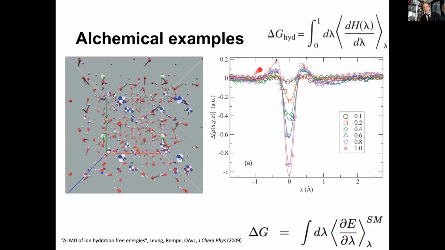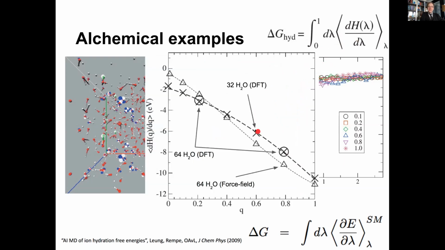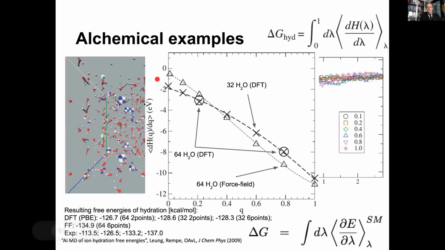And you see here the electron density averages at every lambda value, and the electron density gets attracted towards this charge. So there's electron density built up at the charge, and at lambda equals 1, you have the ion fully inserted. And we can, of course, calculate the StatMech averages at each lambda value and integrate it like this. And this is what you see here, this average, and this. So to get the free energy difference, you have to integrate these curves. And so we obtained with DFT and force fields very similarly looking curves. And if you integrate them, we get free energies of